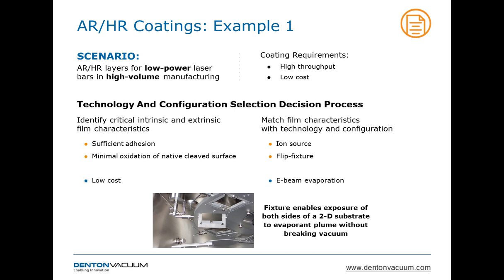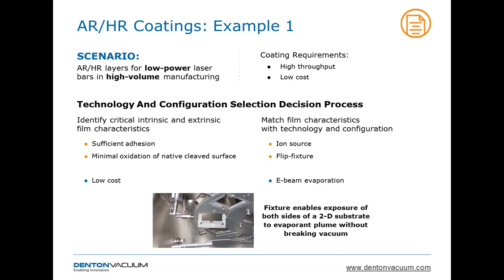For minimal oxidation of natively cleaved surfaces, we can use something like a flip fixture. You see a picture below. A flip fixture would enable us to expose both sides of a two-dimensional substrate to the evaporant plume without really breaking vacuum. So there is minimal oxidation. Low cost in this scenario would translate to choosing maybe E-beam evaporation over sputtering. And this is how we would go, in this very brief example, from the film properties into the technology